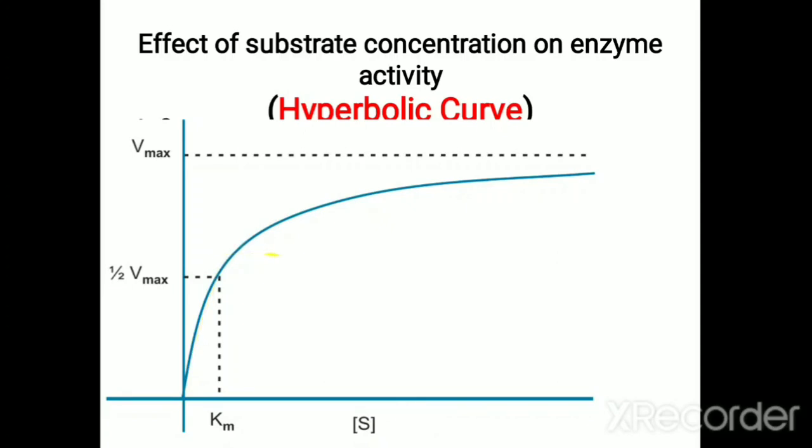After reaching a particular point, there is no further increase in the reaction velocity. At that point, all the enzyme molecules are saturated with the substrate molecules. So after this point, if you add more substrate, there won't be a further increase in reaction velocity, because there won't be any free enzyme molecule. All these enzyme molecules are saturated with all the available substrate. So after that particular point, there won't be any further increase in reaction velocity. So this graph will produce a specific shape that is known as a hyperbolic curve.